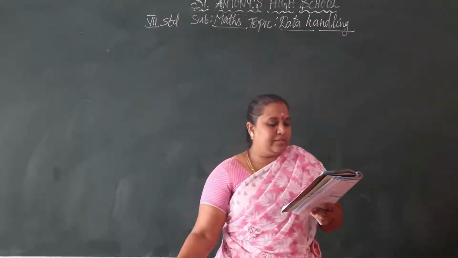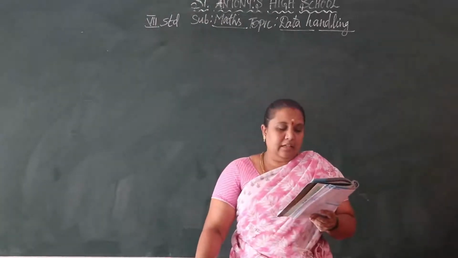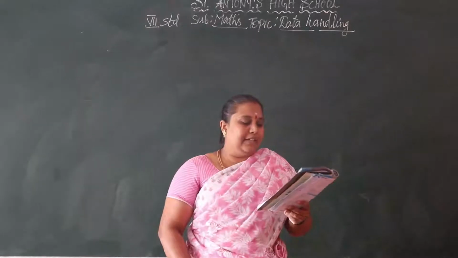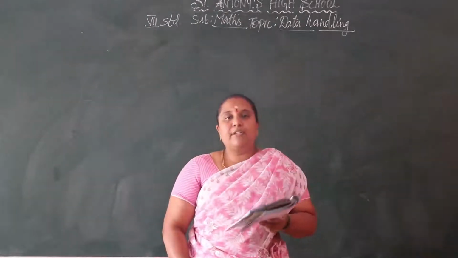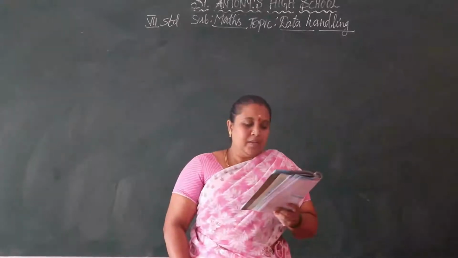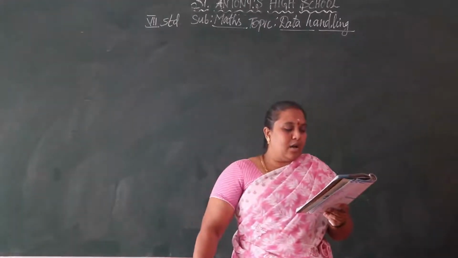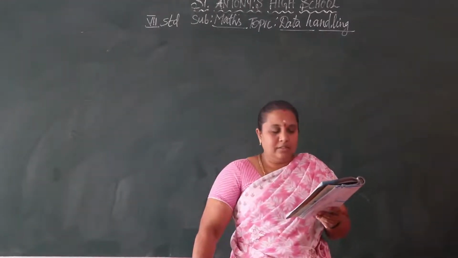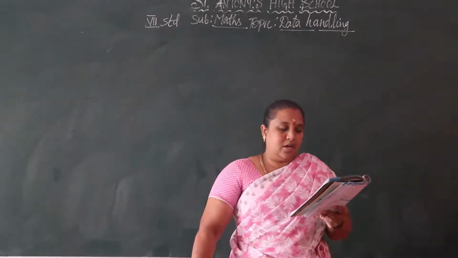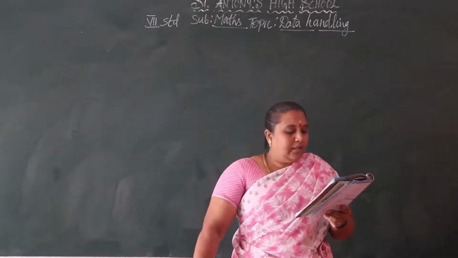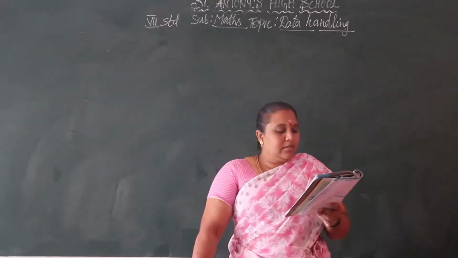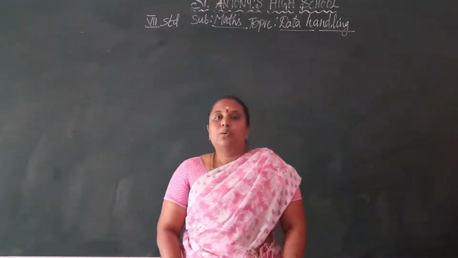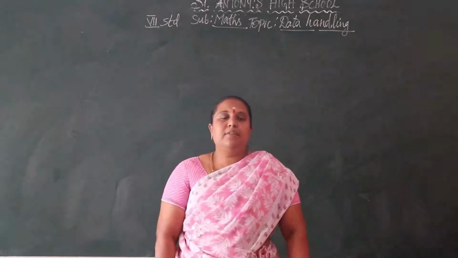A mathematics teacher wants to see whether the new technique of teaching she applied after the quarterly test was effective or not. So she takes the scores of the 5 weakest children in the quarterly test out of 25 and the half-yearly test out of 25. What is the question here? It is given to you.